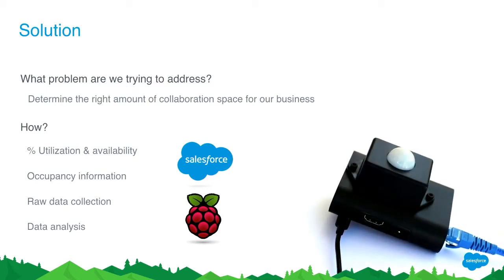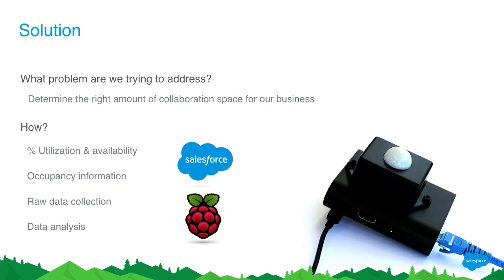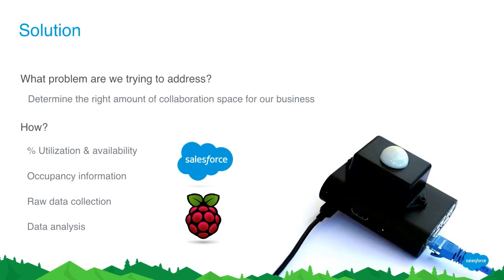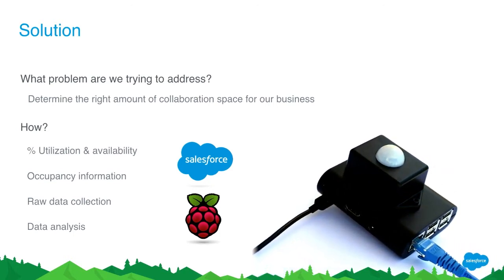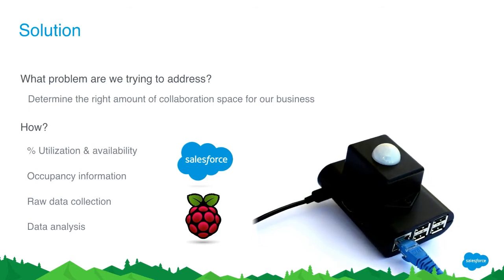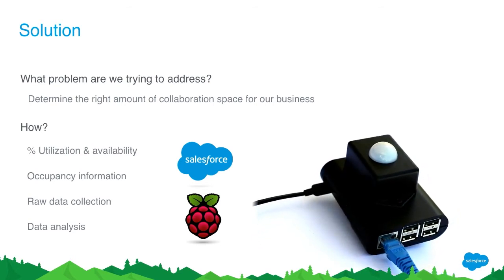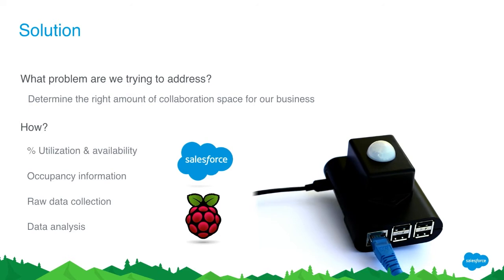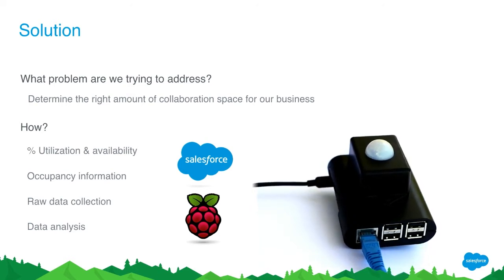So on the right, you can see the image of the first product that we built. This is using a Raspberry Pi 2 and an infrared sensor, which is underneath the little white dome. And you've probably seen those on all kinds of different pieces of equipment. You have lights that are automatically activated when you go into a room.